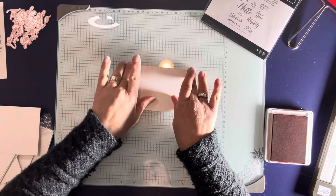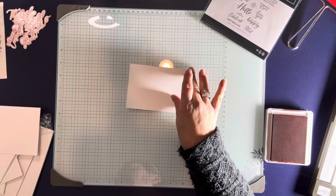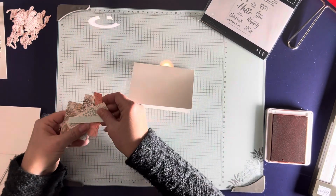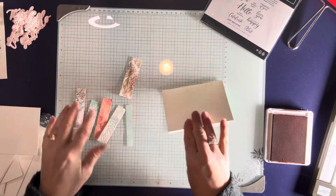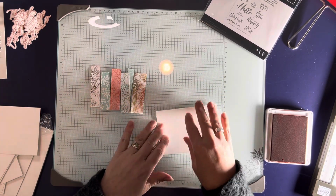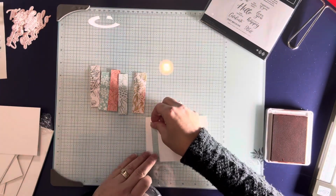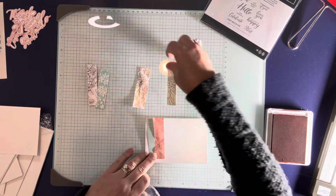And then I'm going to be using the Softly Stippled Designer Series paper that is right now free with a $50 order because it's celebration. I love celebration. And so these are just different papers that are all part of the softly stippled paper here. And what I like to do is, well, I save all my scraps, and that way I can,